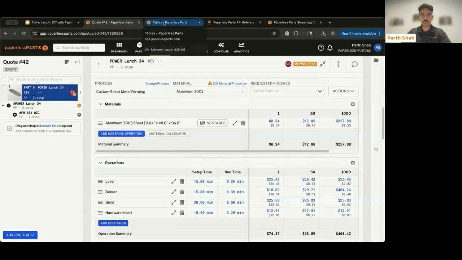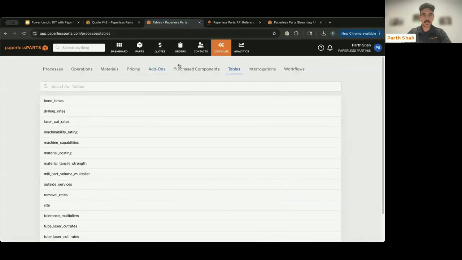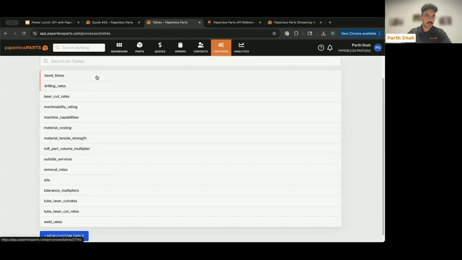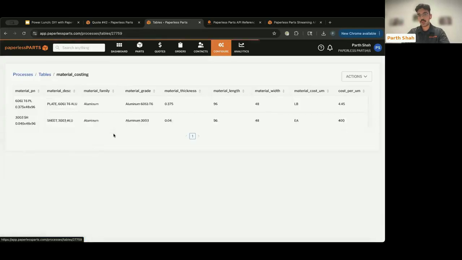And I mentioned that these are driven from custom tables. These live within the Configure tab over here in the table section. And you'll notice that I have a number of different tables. I've got bend times, laser cut rates, and my material costing. The reason that I call this a DIY aspect of your account is I can build logic in to reference the data that's within your custom tables, and you're able to maintain these easily in a relatively familiar